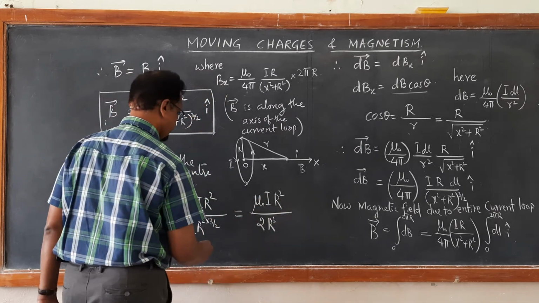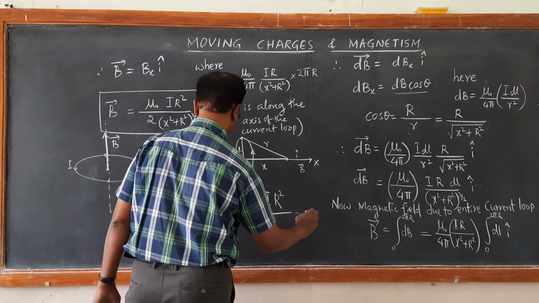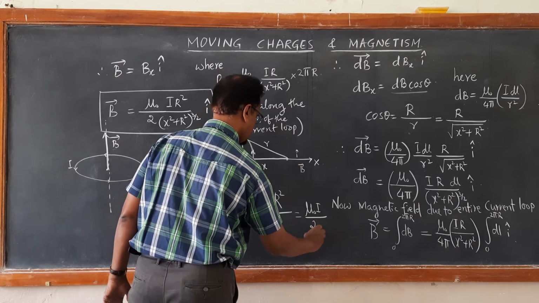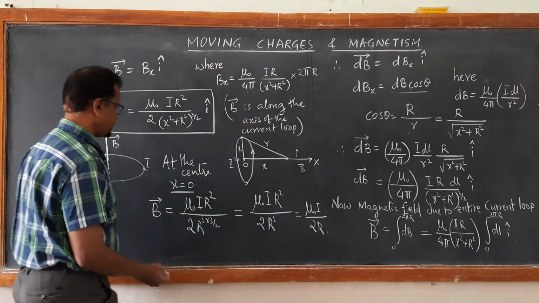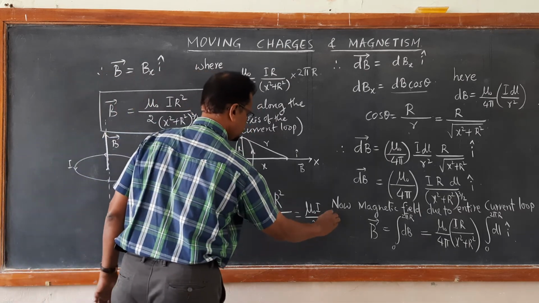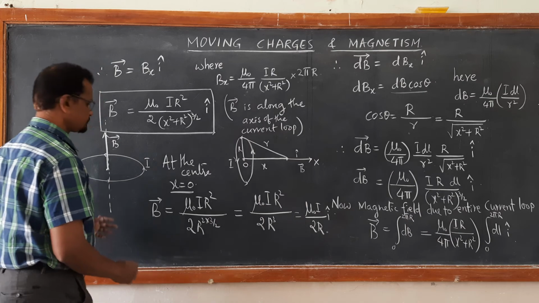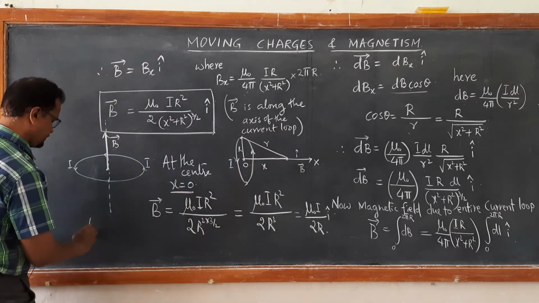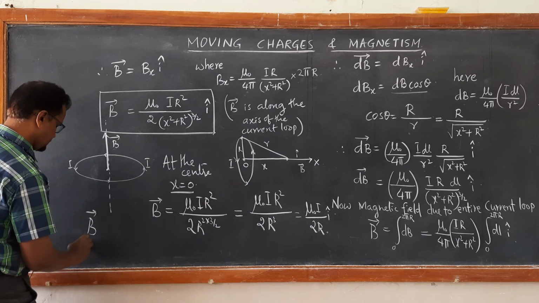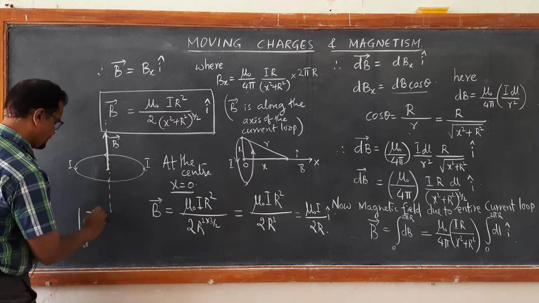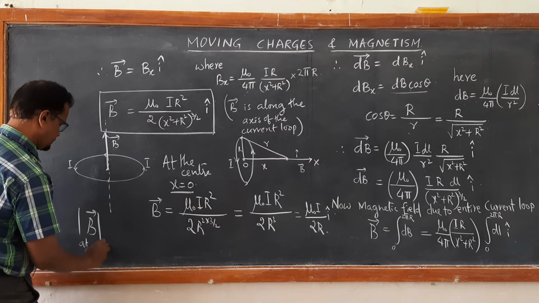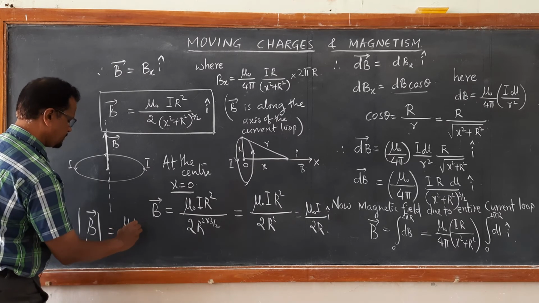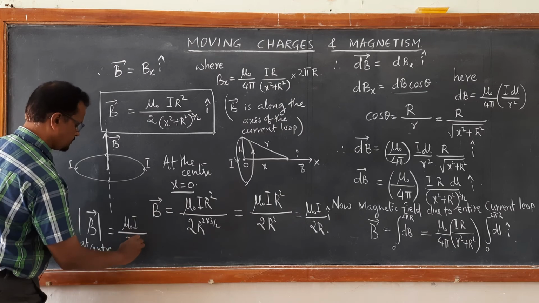So, you are left with finally B equal to mu naught I upon 2r, about x axis. So, at the center, therefore, we get the magnetic field. I will write the magnitude at center is now a very simple equation, mu naught I upon 2r,